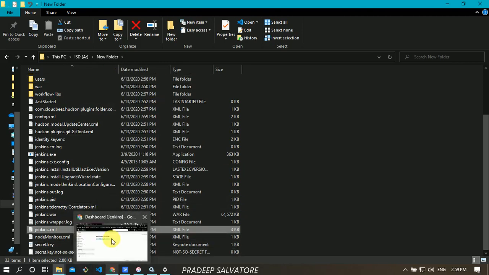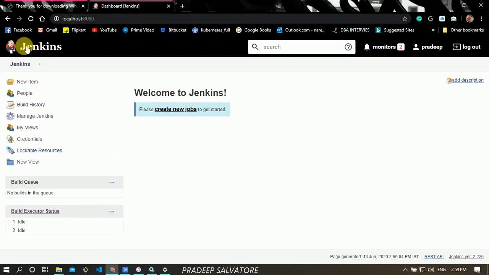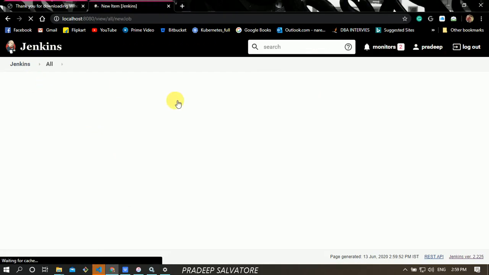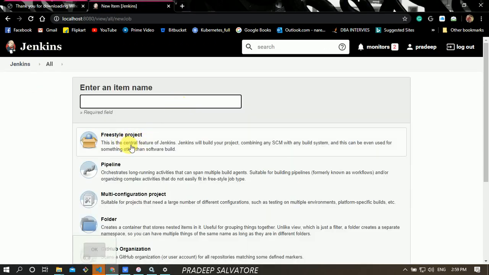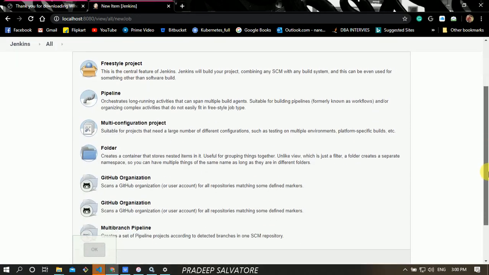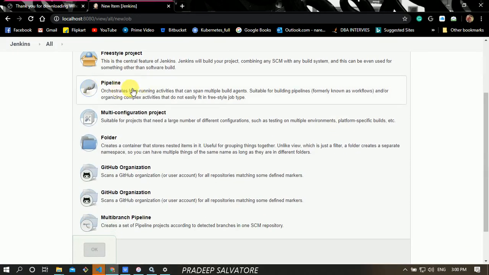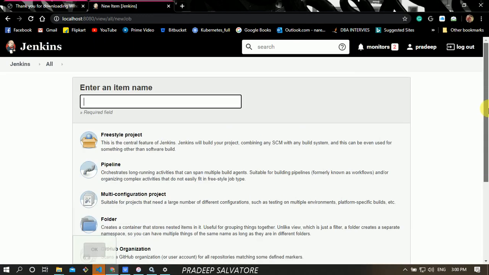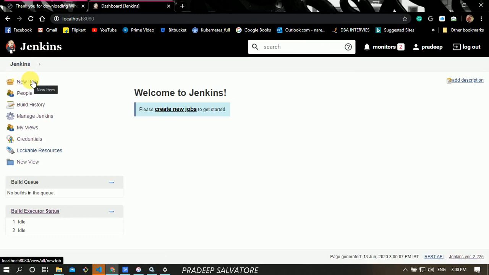Once it is open, meanwhile we will see what is there in Jenkins. If you log in, we have New Item. New Item means if you want to create any job, like a freestyle project or a Maven project, or if you want to go with the pipeline jobs, you can have multiple jobs here. For that we use New Item. I will show you in the next video. We will be doing one Maven project and creating a freestyle project as well.